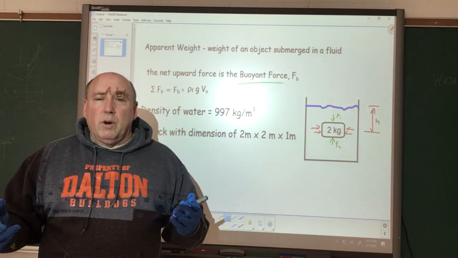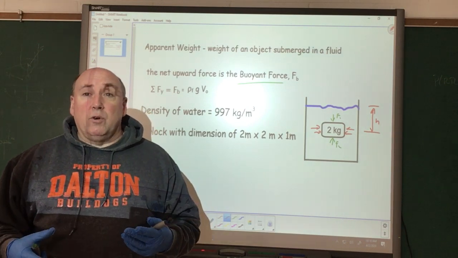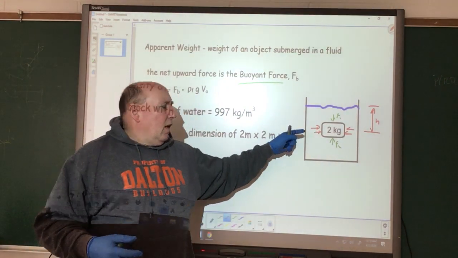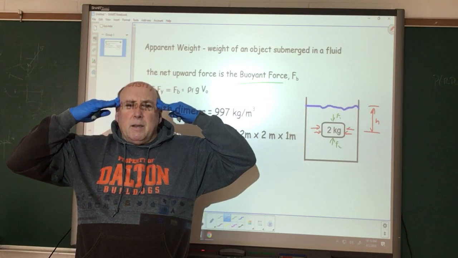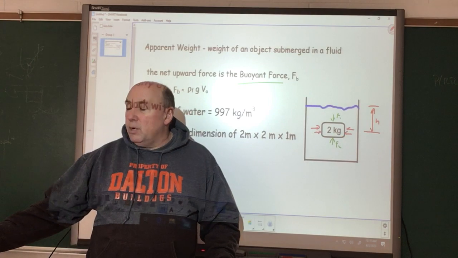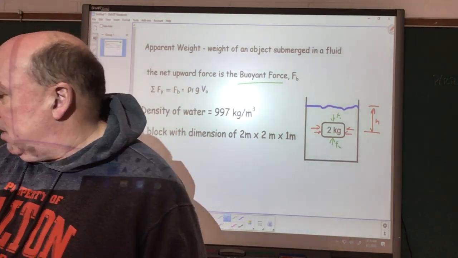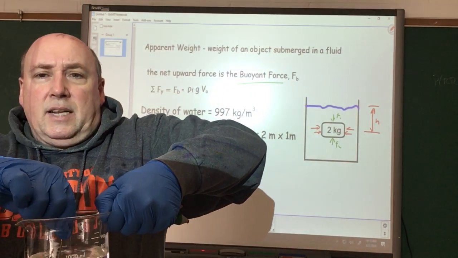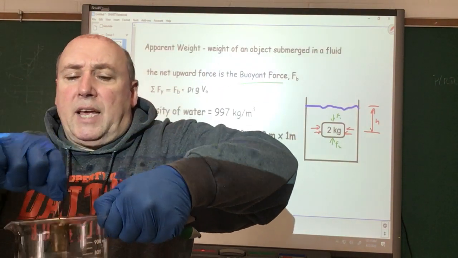Now, if I was sitting in a river or in the ocean, that's a little bit different because we have the currents, which is an unbalanced force at that point. But if I take a look at my forces here, I'm pushing in here, I'm pushing in here, my head is staying in the same spot. This object is staying in the same spot, it is submerged. When I submerge this mass in this water, it's not moving either direction. It's just staying where it's at.